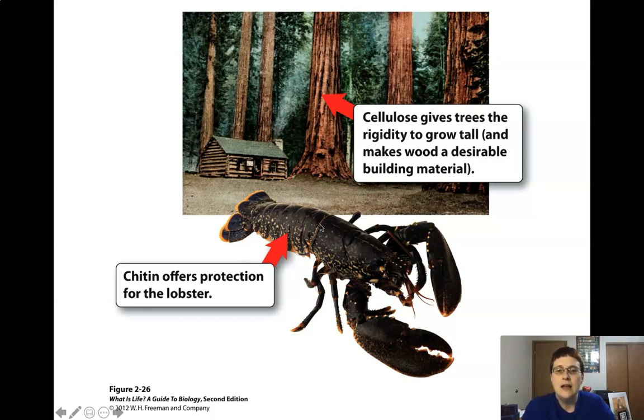And if you've ever eaten seafood or seen someone eat seafood like lobster, shrimp, things like that, what part of those lobsters and shrimp and crab do we not eat? We don't eat the shell. And the reason why is because we have learned over time that the shell isn't digestible. It's not nutritious for us at all.